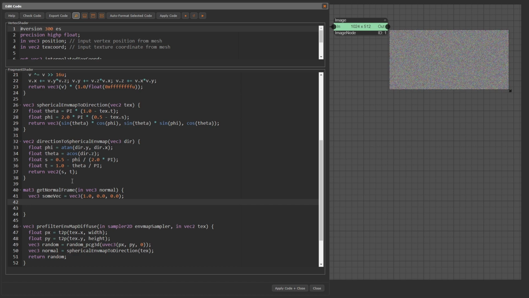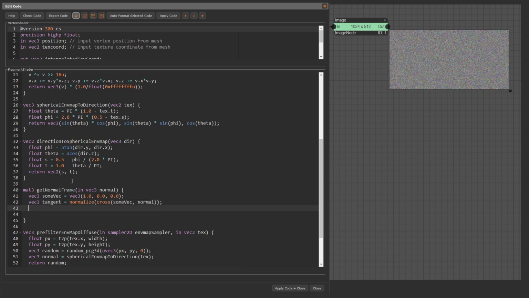This gives us a vector that is perpendicular to the normal. Tangent = normalize(cross(somevec, normal)). A cross product of the input normal with this tangent results in a vector that is perpendicular to both vectors. vec3 bitangent = cross(normal, tangent).